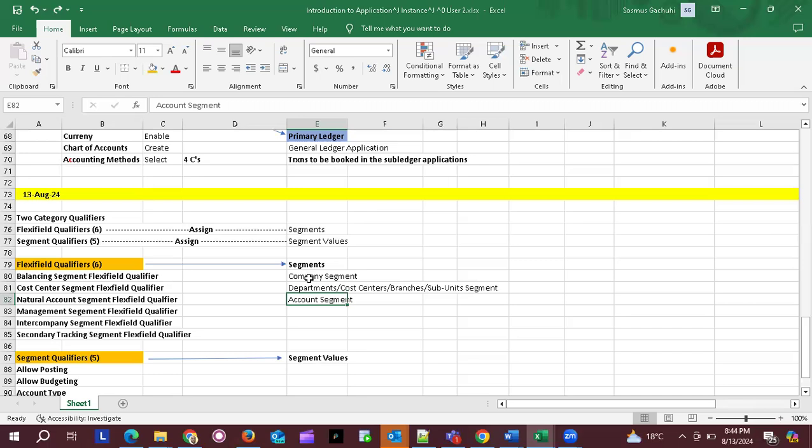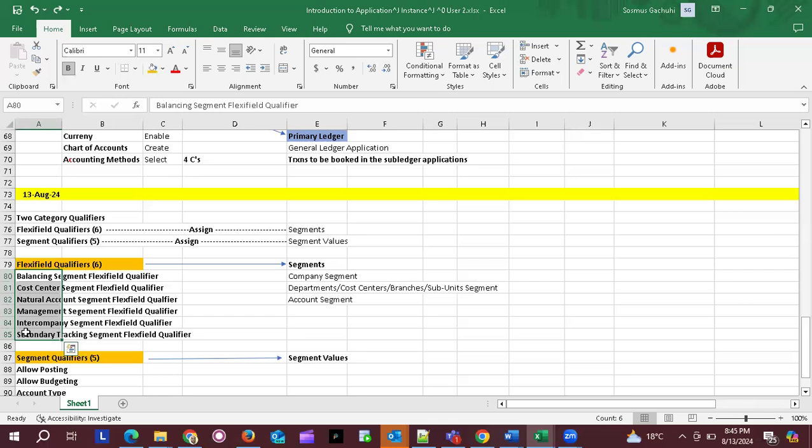That company doesn't need to track anything under departments. It only needs to go straight to the accounts. It's a very rare case, but it is possible. It's not mandatory or compulsory to have a chart of accounts that has all the